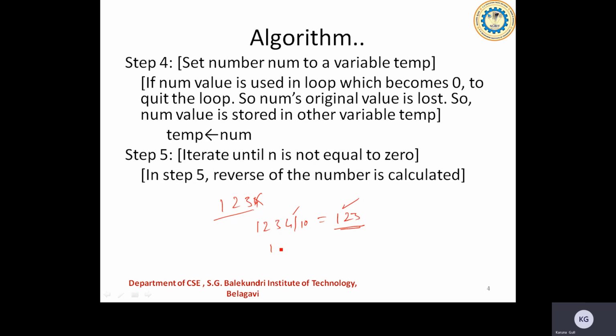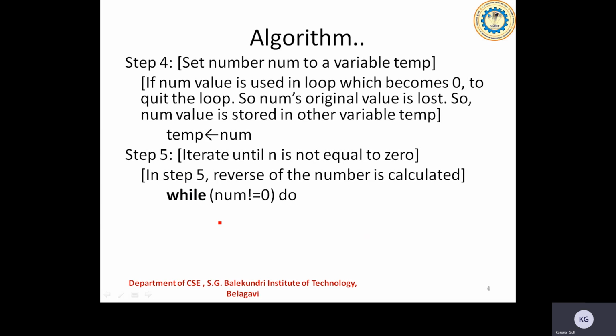To get the units place, I'll be going ahead with the mod operator here. This gives me 4. So this is how we can get the units place data, and along with that we are able to get the upper part of it with the help of a simple division operation.